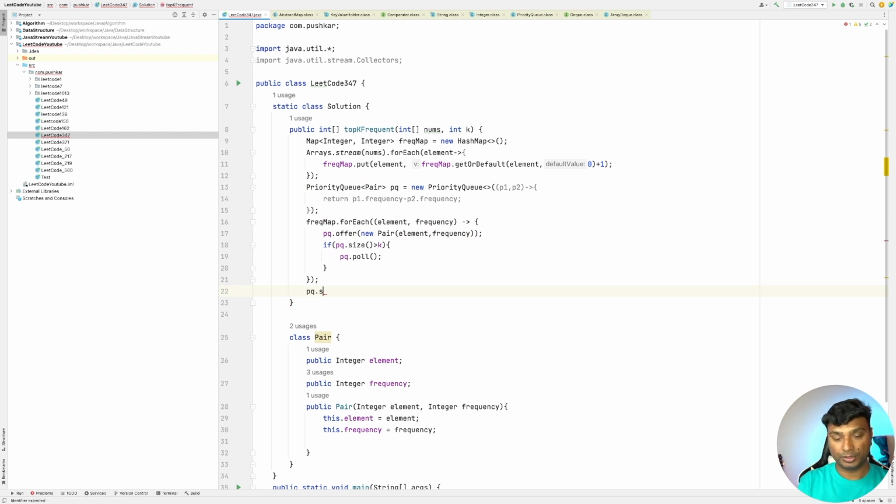PQ dot stream dot map, a pair to, let's extract only the element, and then collect into a list, Collectors dot toList. This is our answer.